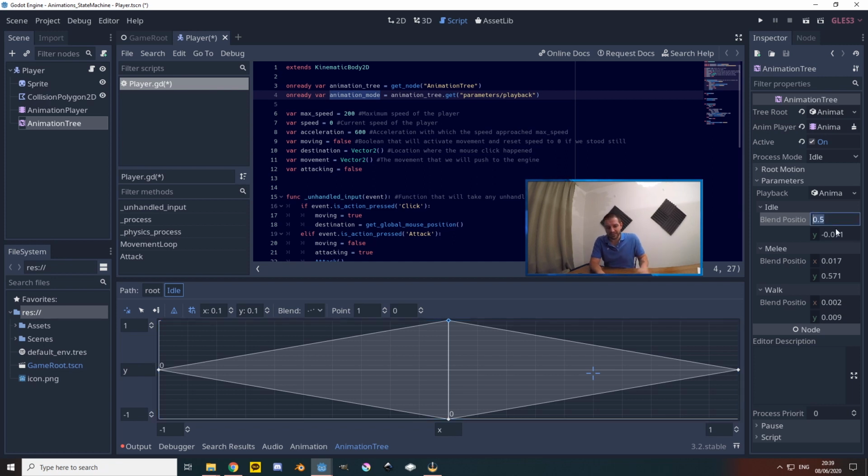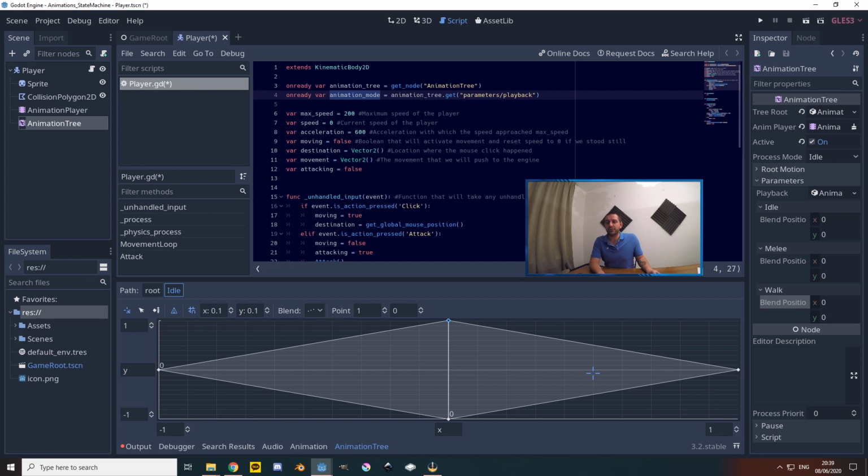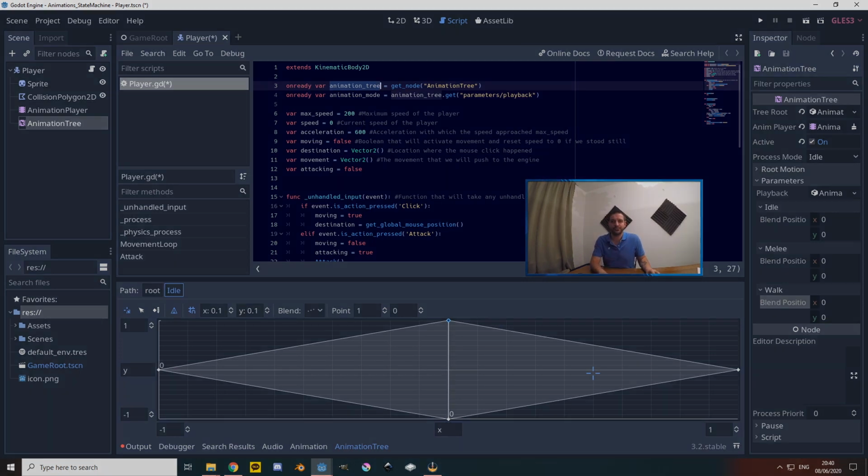So of course we need to set all of these to 0, or actually it's not absolutely necessary, but I just like to have that because I guess I got OCD or something like that. So I'm just going to set them all to 0, 0, 0. Now with this animation mode available to us, with the animation tree available to us, and with our code stripped, we can now start adding lines, making sure that all of this becomes functional.